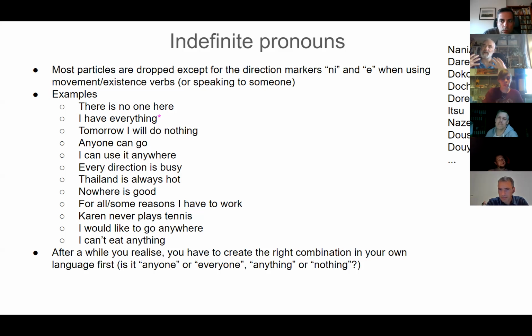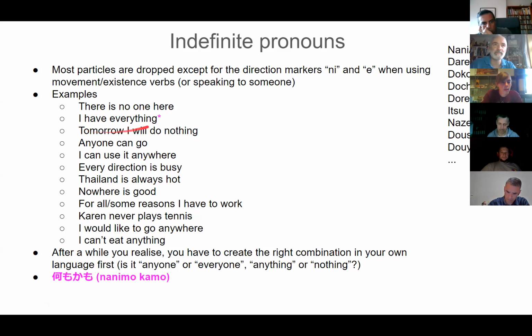But if you're ill and there's literally nothing you can eat, then this would be nani mo taberaremasen. I can eat nothing, or I can't eat nothing is what you're actually saying. Basically everything is inedible, everything is non-eatable. So it takes a bit of practice to think: am I being asked about choices, or am I talking about the inclusive range of things that I will either eat or do or say? ちょっと難しいです.